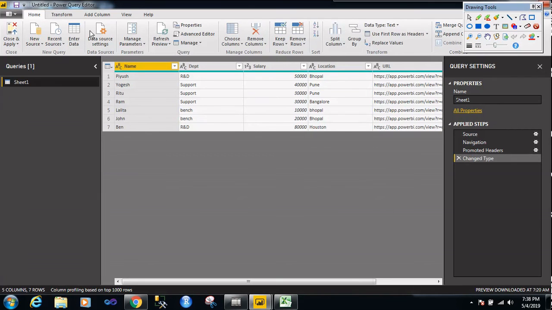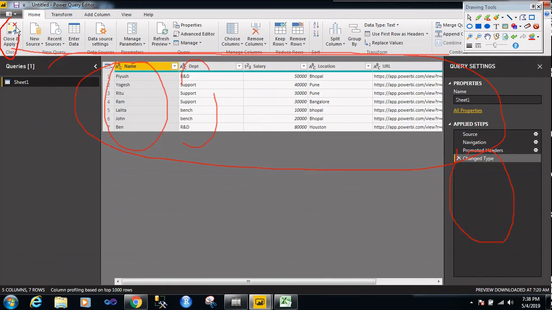You can append any of the records, or you can delete the records, you can manipulate the records, you can apply any transformation you want. If you want to merge two files, or append the data from one file into another file, you can do all the transformations and manipulation of the data in Power Query. All the changes you make here will get captured here. When you click on close and apply, it will get saved in the data set, like in the sheet 1 or